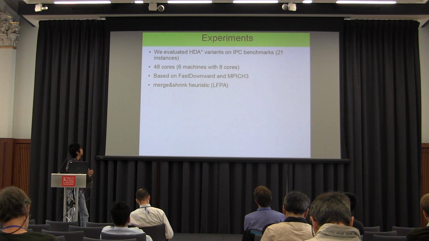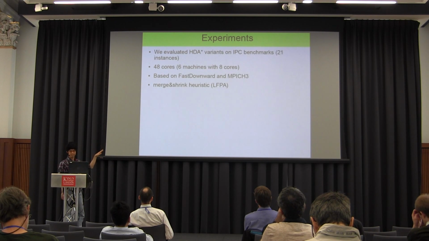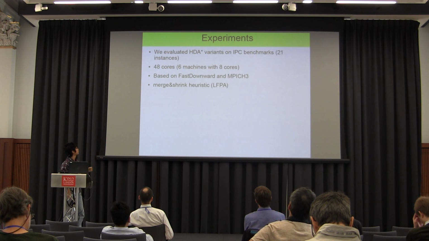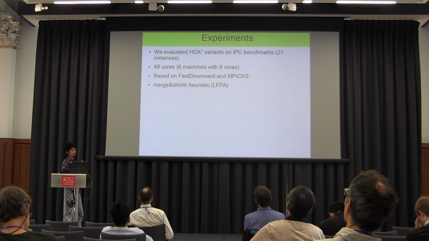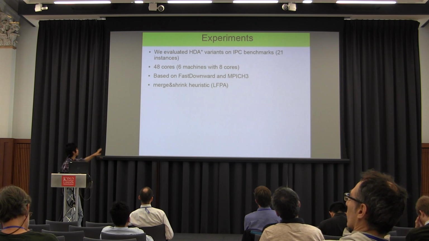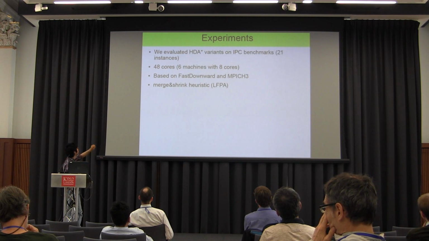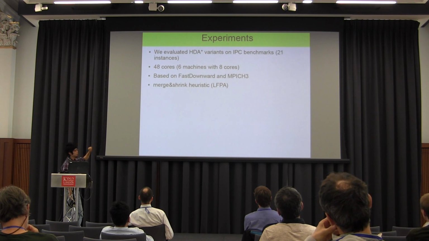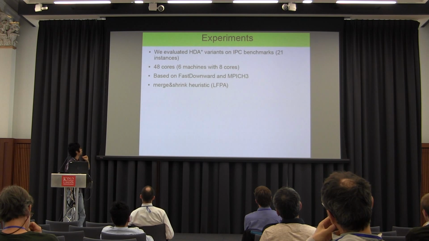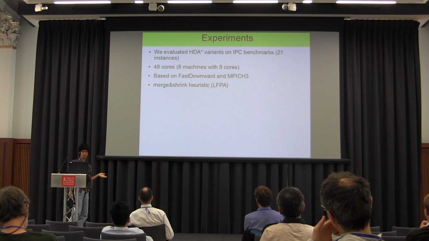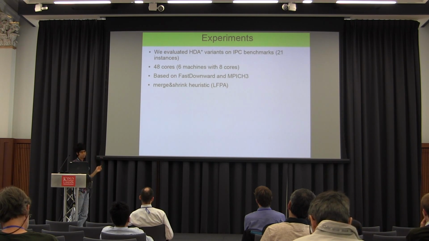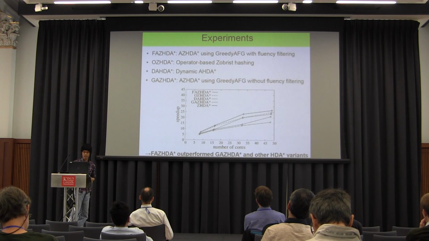So we ran experiments on the HUs and variants on the IPC benchmark using 21 instances. We excluded instances which are too easy to solve using 48 cores. We use 6 machines with 8 cores. Our code is based on Fast Downward MPI, and we used a margin string heuristic,